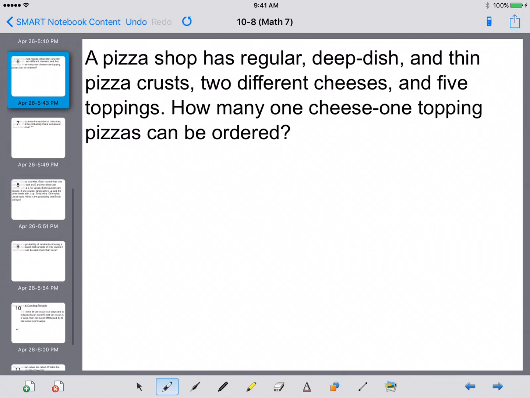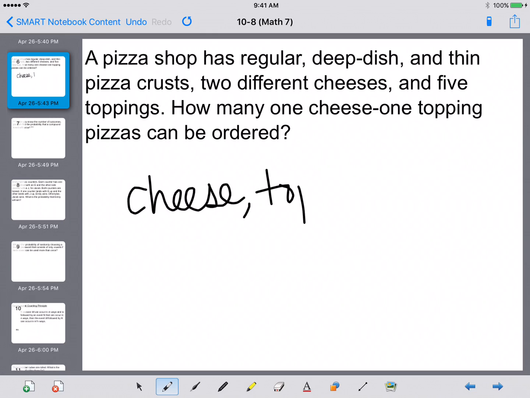Once again, we're just going to keep going over examples for you. A pizza shop has regular, deep dish, and thin crust pizzas, 2 different cheeses and 5 toppings. So how many 1 cheese, 1 topping pizzas can be ordered? So we know that there's cheese,